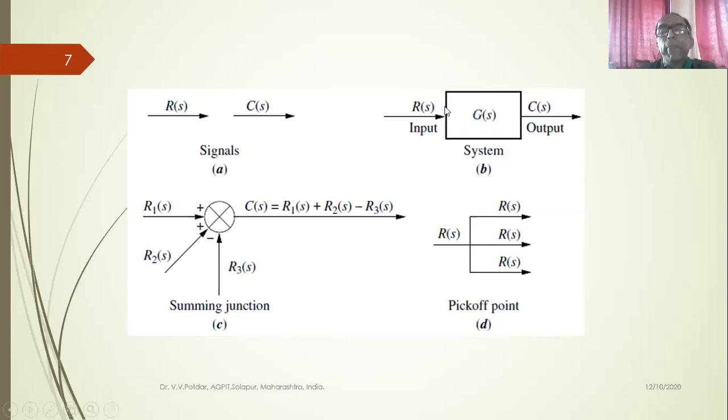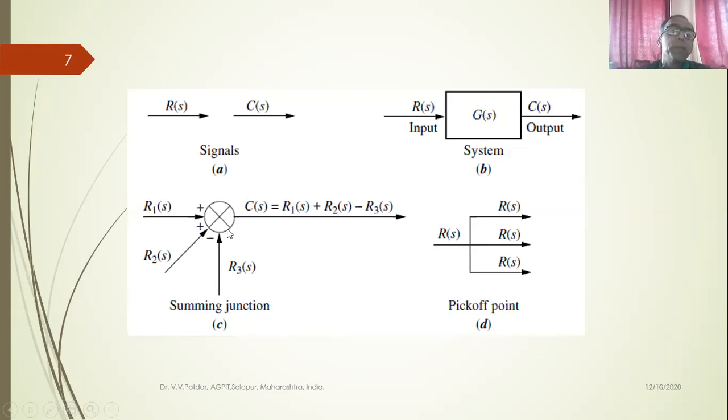In the block diagram, I have a rectangle, a block for the system, and inside that block, G(s) corresponds to the feed forward block transfer function. G is the symbol used for feed forward block transfer functions. G is also a function of s. Otherwise, G can be a function of time even. In this case, G is a function of s. So how to read this block diagram? This input R(s) into G(s) will be equal to C(s). This is how I read this block diagram.